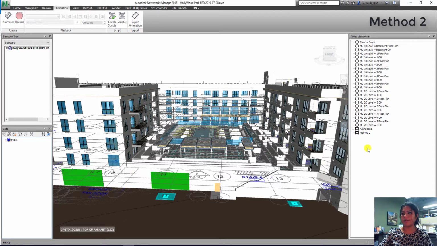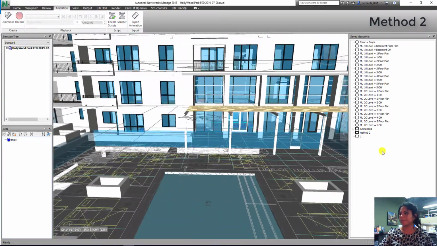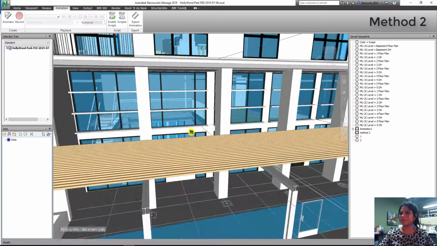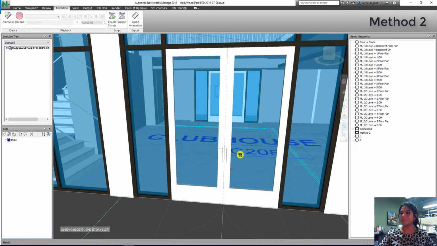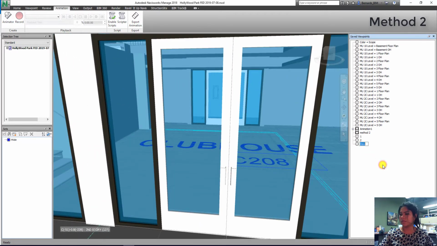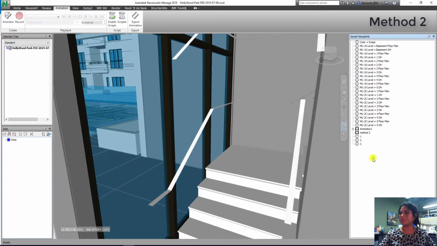Alright, and then you're going to right click on your Save Viewpoint window and create your first viewpoint. So I'm just going to name it 1 and then start creating multiple Save Viewpoints. 2, 3, 4,